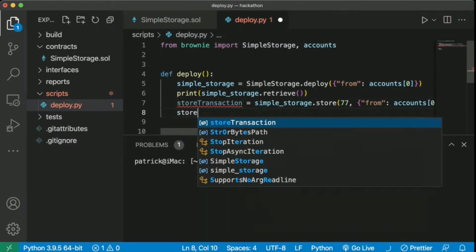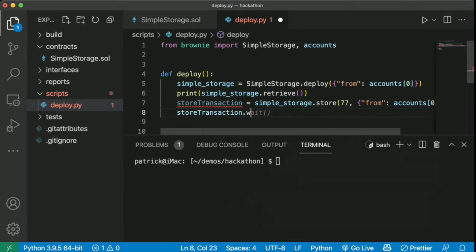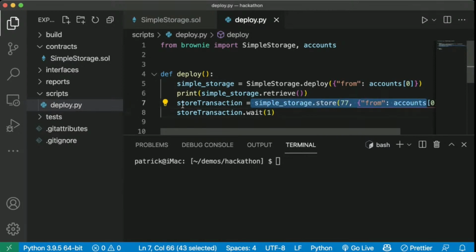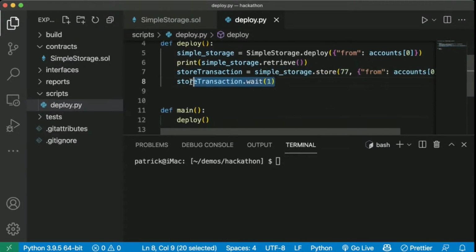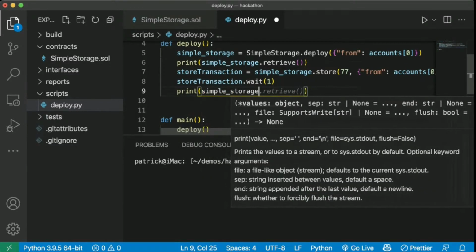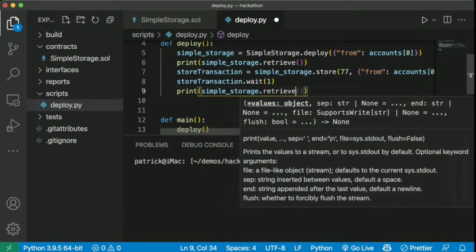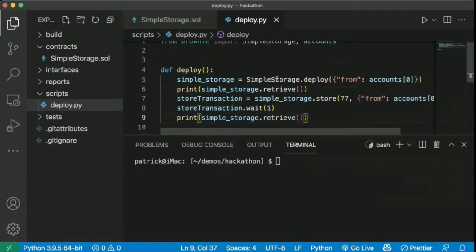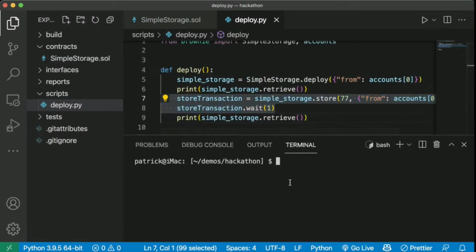And then we'll say store_transaction.wait(1). So this line sends the transaction, and then this line waits for the transaction to go through, basically. Once it goes through, we'll print simple_storage.retrieve again and we'll see what happens, right? If we did this right, it should be 77, yes?